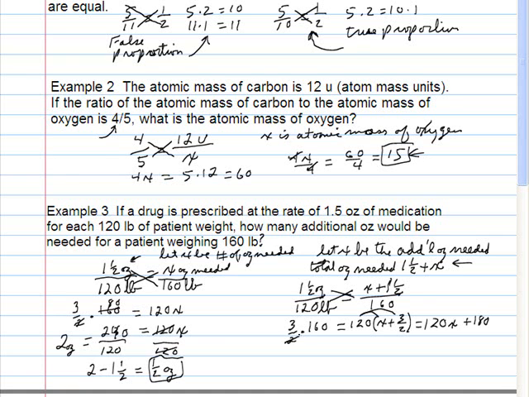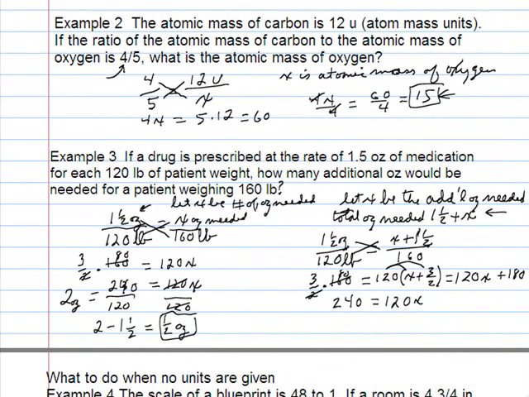Over here, the 2's cancel again, giving me 80, so I get 240 is equal to 120X plus 180. Now if I subtract 180 from both sides in an attempt to get X by itself, I get